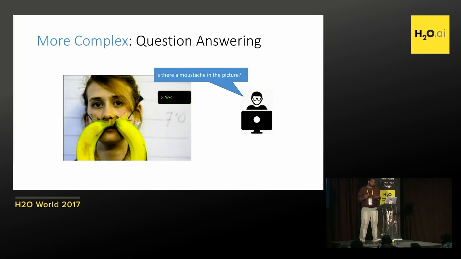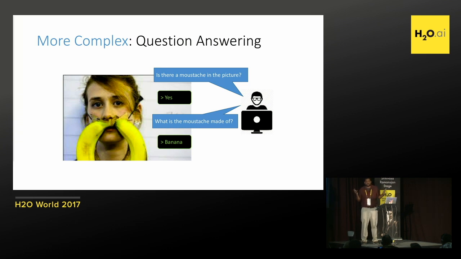The machine learning says yes. And that's kind of interesting because it has never seen a mustache made of bananas, but seems to be interpreting a more abstract concept of what a mustache is, right? This is still a binary yes or no, so you might not be very impressed. In fact, you can ask it any question like, what is the mustache made of? And the answer is not just yes or no anymore. It's a word out of whatever, 10,000 to 50,000 possible words. It picks banana, which is, again, something it has never seen before. So all of this seems pretty interesting and impressive.